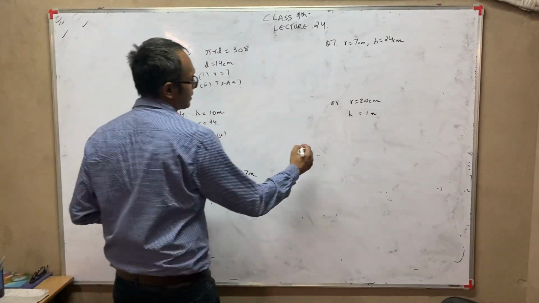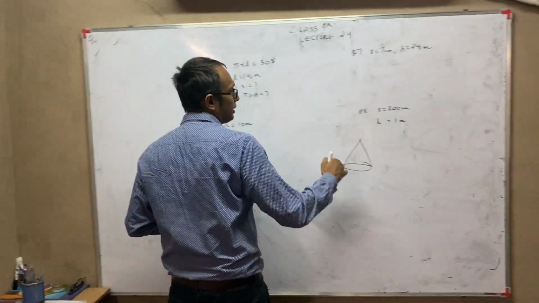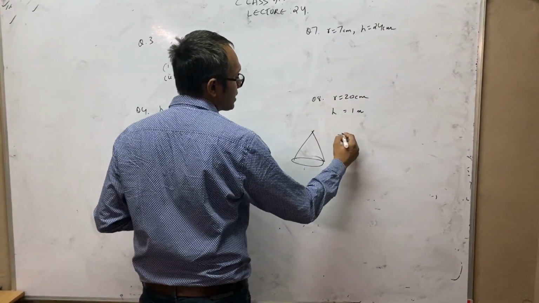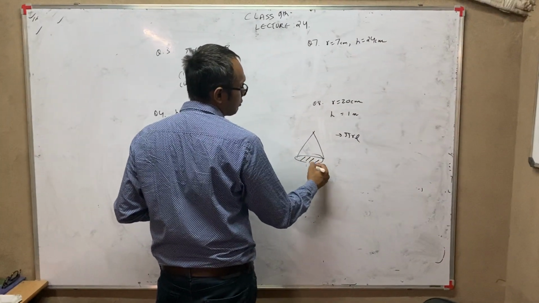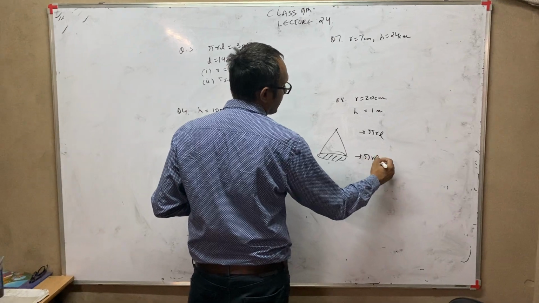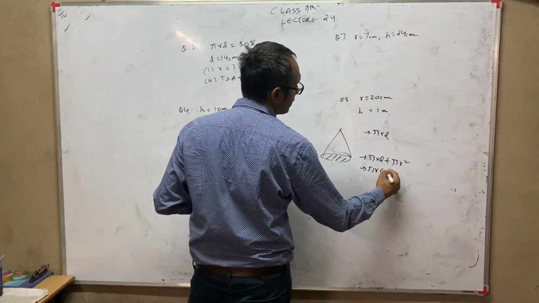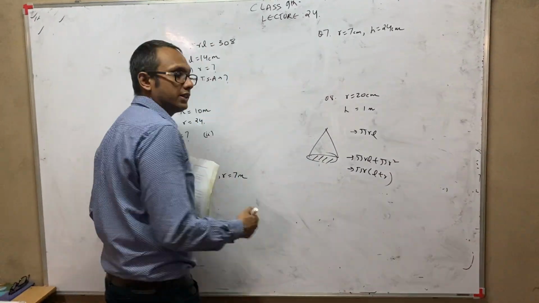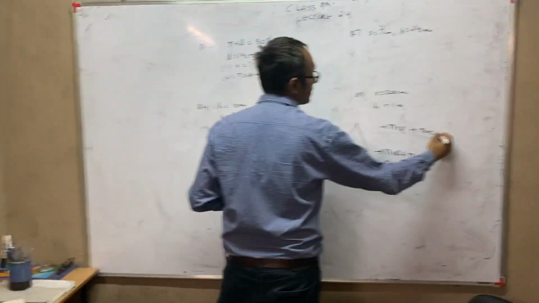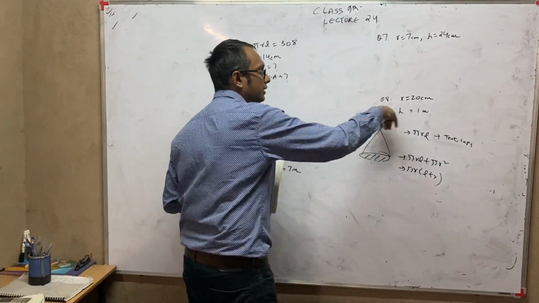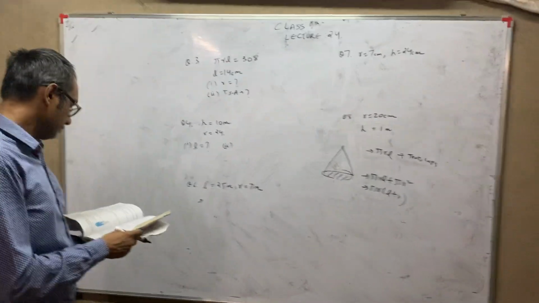Right now we are discussing sums related to cone, and as I told you the other day, the curved surface area formula is pi r l, and in total surface area we include the base also. So pi r l plus pi r square. So this becomes pi r bracket l plus r. In the sums involving tent, okay, caps, generally we only find the curved surface area. Okay. Anyway, now the question number 3 is there now.